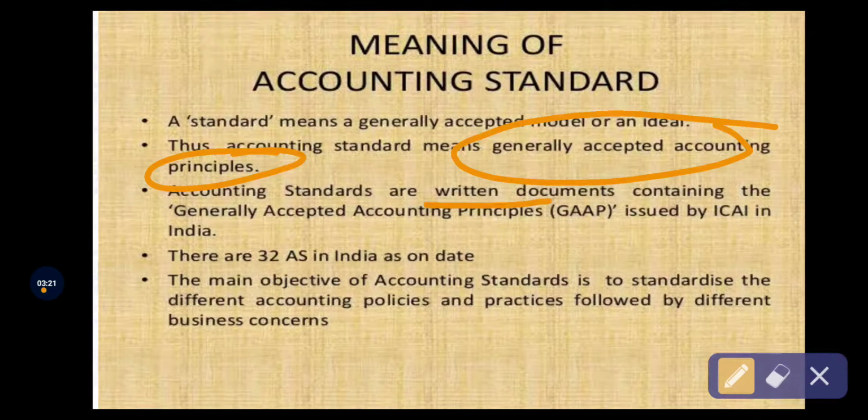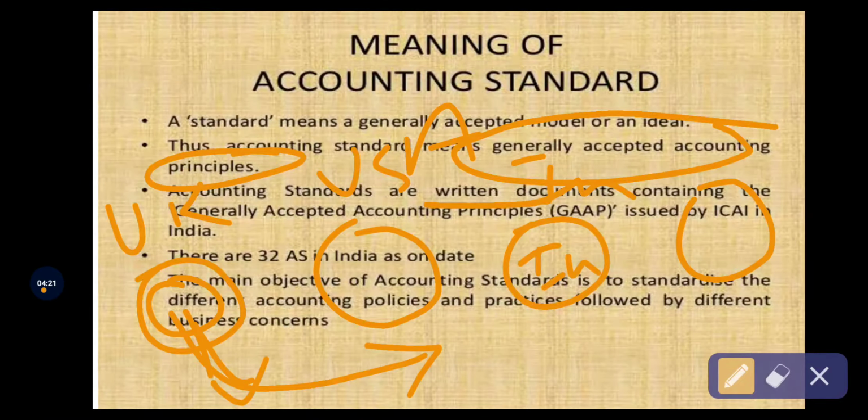What rules and regulations has the UK adopted? These European countries' rules and regulations are being followed by some other countries also. These are generally accepted accounting principles, international GAAP. And the rules and regulations which are followed in India, this is national GAAP. Simply, the rules and regulations a specific country adopts, which are followed in that specific country only, are called national GAAP. If the rules and regulations followed in one country are also followed in another country, that is called international GAAP.